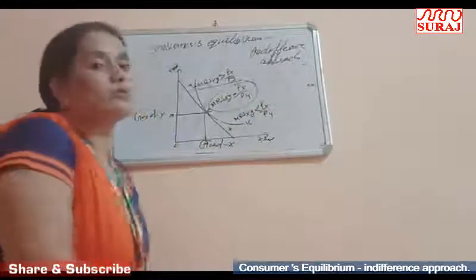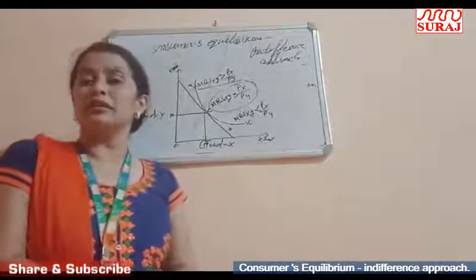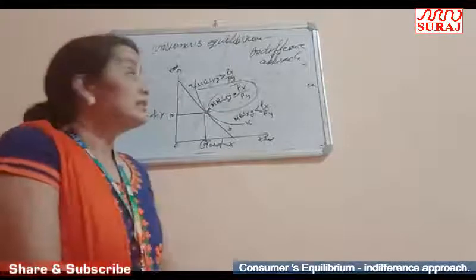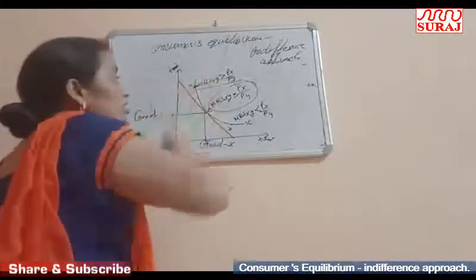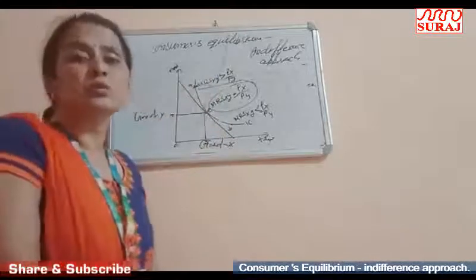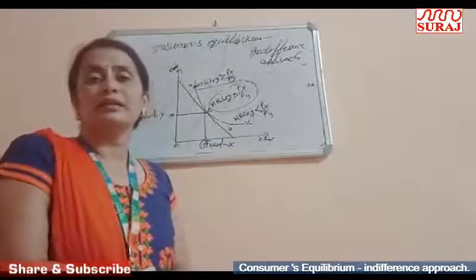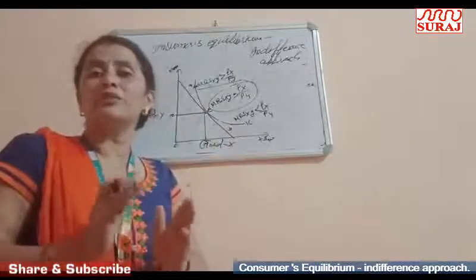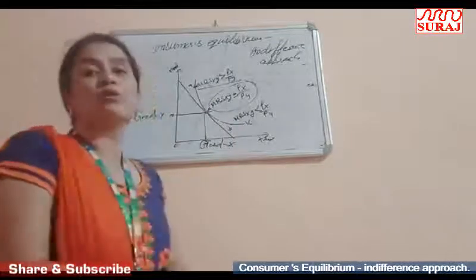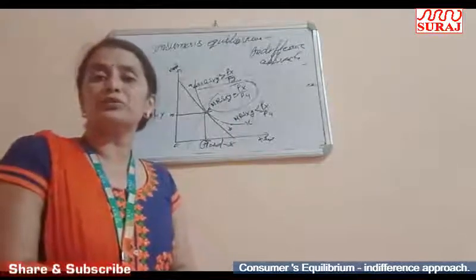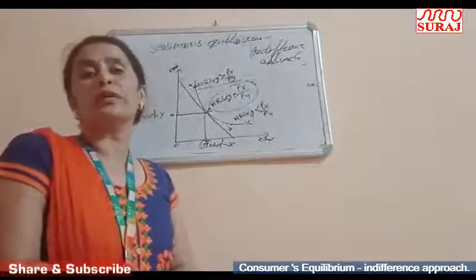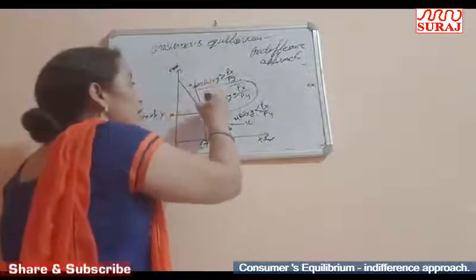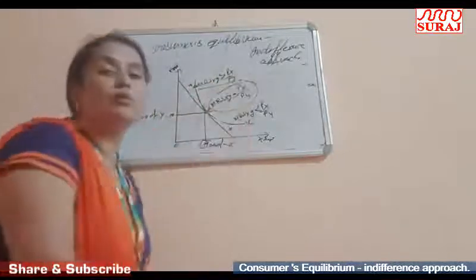If an unequilibrium condition is established, then how does the consumer reach the equilibrium point? In this situation, what is the reaction of the consumer? The consumer starts to move downward along the IC. यानी जो कंज्यूमर है वो आईसी के साथ साथ नीचे की तरफ आना शुरू कर देगा, and the consumer starts increasing the consumption of X goods and decreasing the consumption of Y goods, and the process would continue till the point the consumer reaches the equilibrium point where MRS XY is equal to PX upon PY.